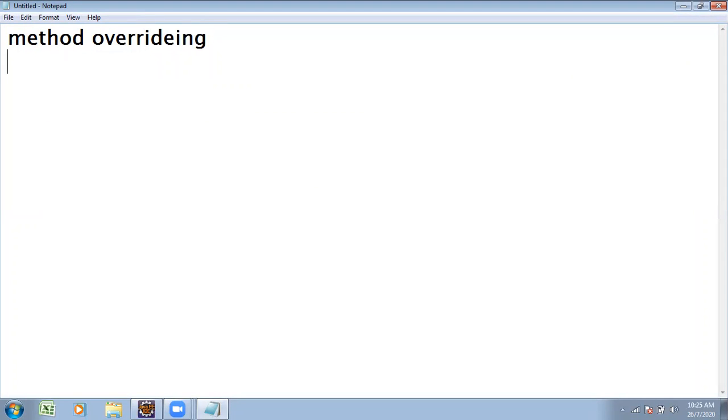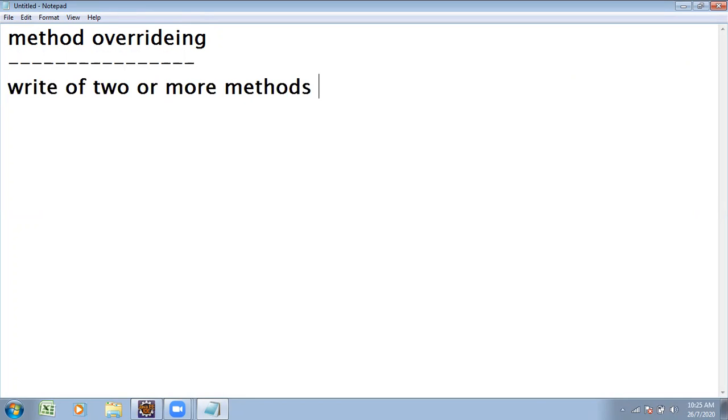Method overriding. What is the definition of that one? Writing two or more methods with the same name, with the same signature, nothing but the same parameter list.